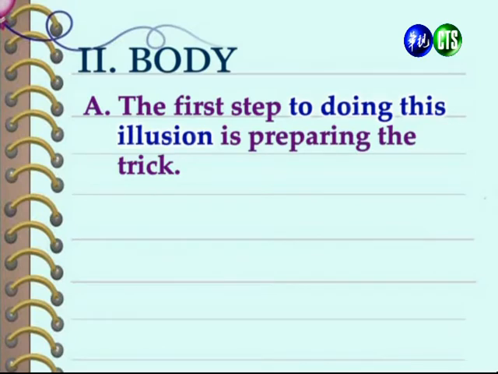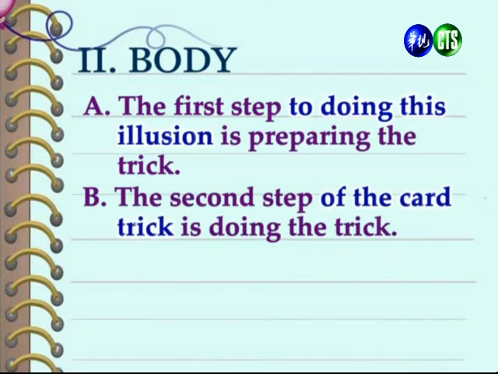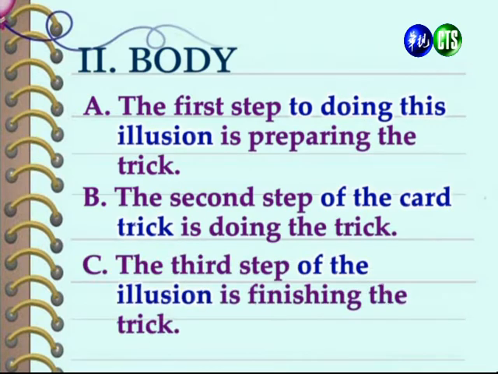And so, for example, we could write sentences like these. 好,那举例来讲,我们也可以写到这样子的句子。So the first sentence we have is, the first step to doing this illusion is preparing the trick. 好,我们首先可以这样写说,要变这个魔术的第一步,也就是去准备这个魔术。All right, now the second step, or we could write the second paragraph with these words. The second step of the card trick is doing the trick. 好,那第二个主体段落的时候呢,除了我们写说这是 the second step 就第二步之外,我们可以再重复说,哎,这是一个 card trick 也就是这纸牌游戏。那我们就再一次呼应了所谓的illusion magic trick 这样子的一个主体概念。